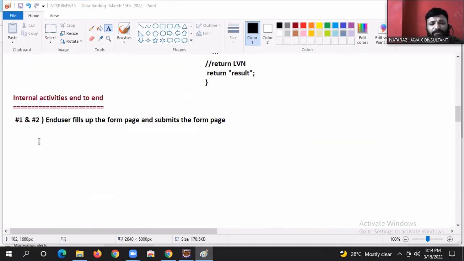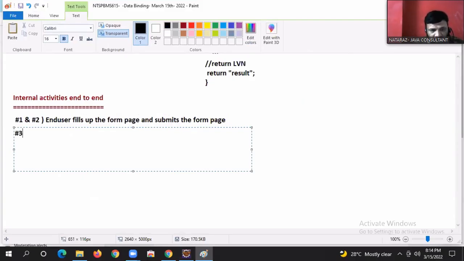The end user fills up and submits the form page. What is number 3, guys? Steps 3 and 4: based on the action path kept in the action attribute of the form tag,